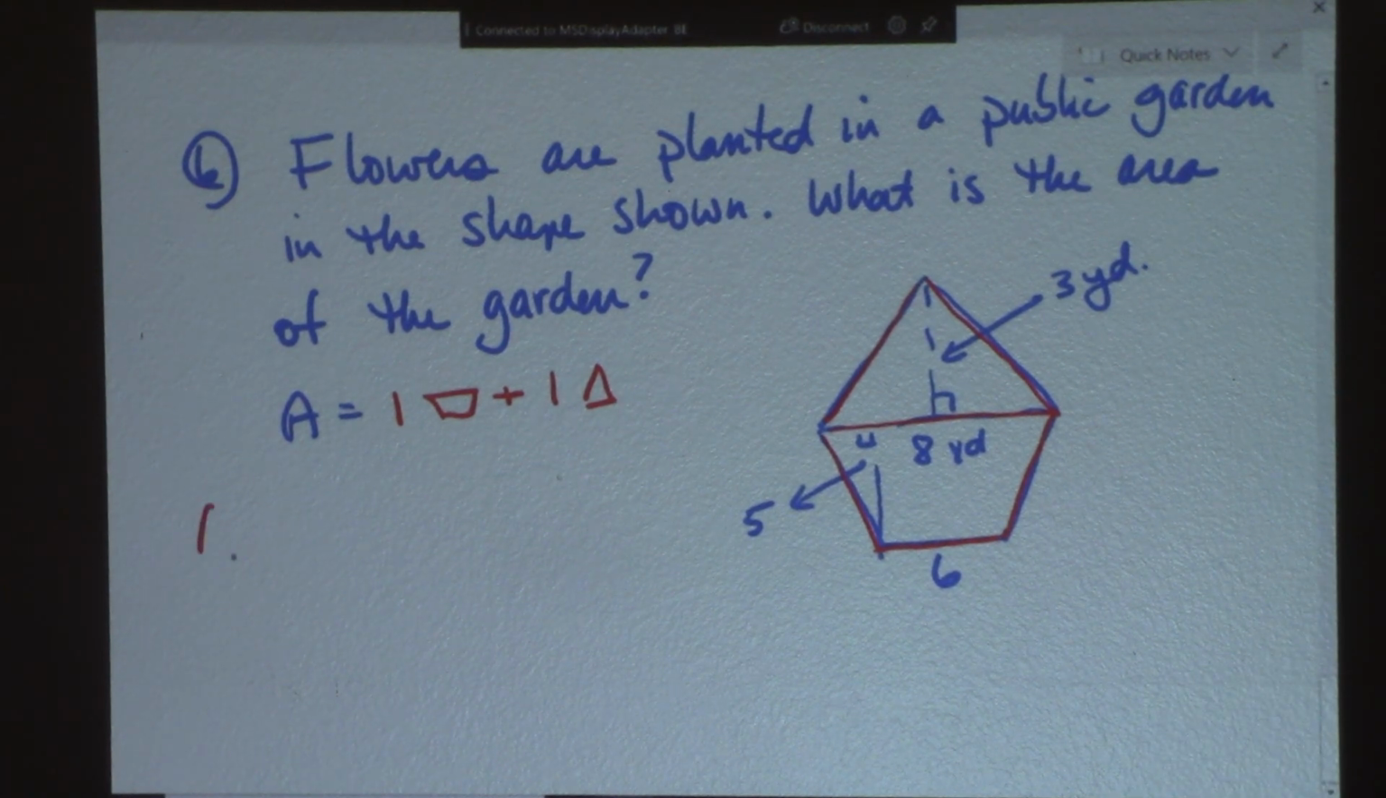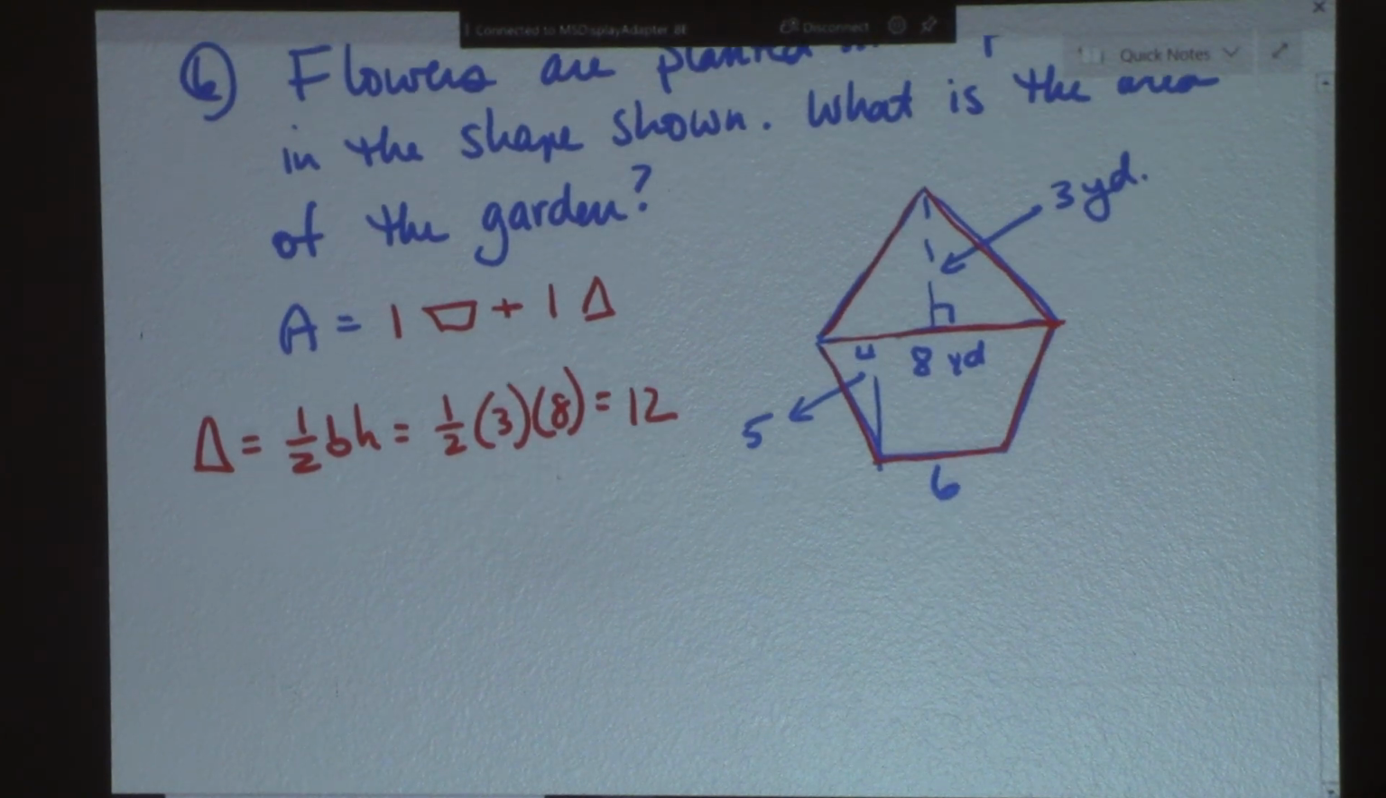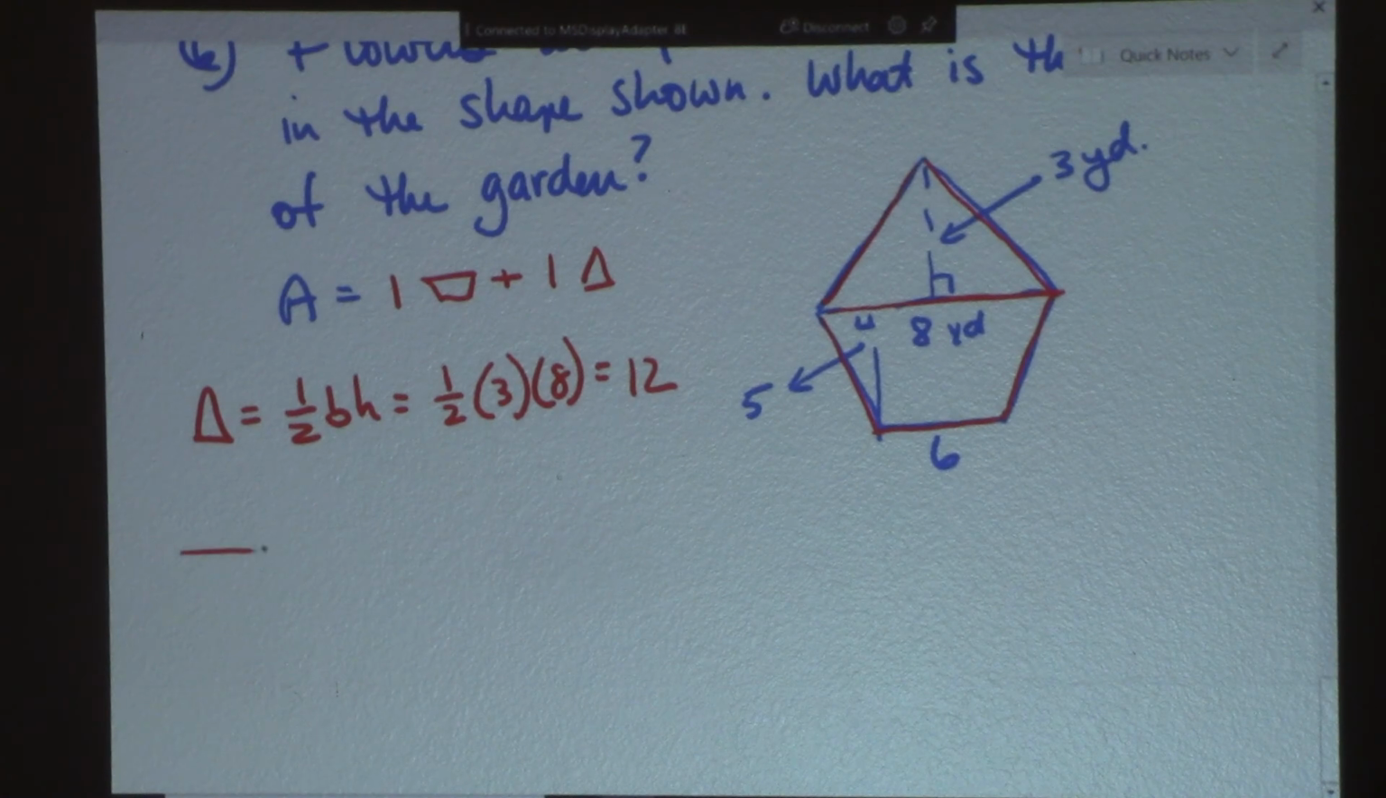So let's do the triangle. That would be 1/2 base times height. So what do I have here? This is 8 and this is 3. So I'm going to have 1/2, 3 times 8, which works out to be, let's see, 3 times 8 is 24, and half of that is 12. So I have my triangle. And then the trapezoid,